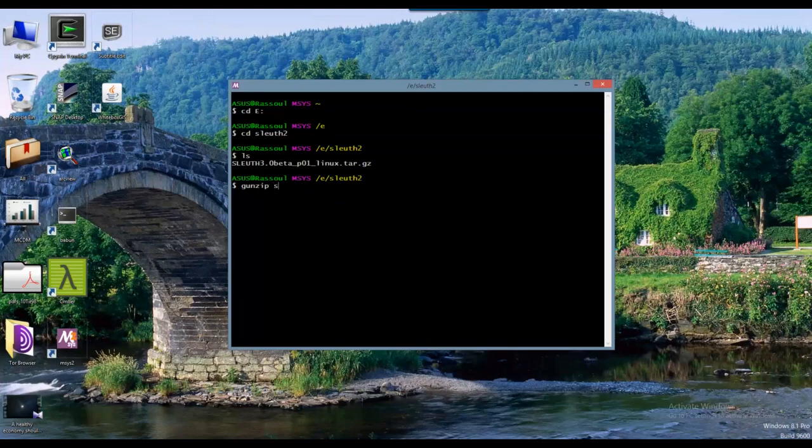gunzip Sleuth3.0 beta underscore P01 Linux tar gz, and the file is unzipped. If I take a list, I'll find it over here, and now it's time to run the tar file, tar space xvf Sleuth 3.0 beta